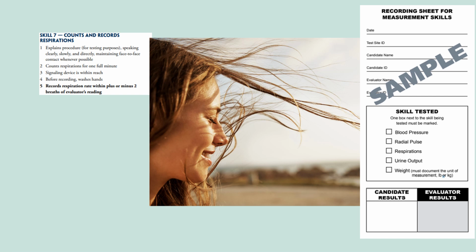The candidate can simply watch the rise and fall of the client's chest, or maybe they can ask the client to cross their arms over the chest to make seeing the rise and fall easier. Or maybe the candidate places their hand on the client's chest or shoulder. All of these methods are acceptable, and none of them have any impact on scoring because the skill steps do not score how the candidate counts the respirations, other than they must count for 1 full minute. This is different from the pulse skill, where the skill steps require the candidate get the pulse by palpating the radial pulse.